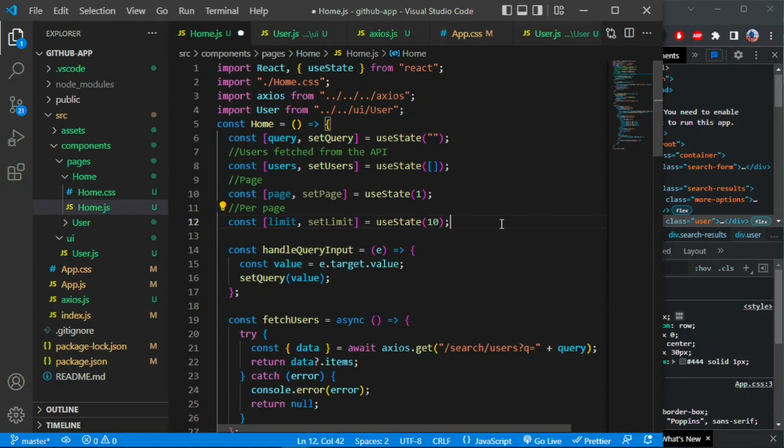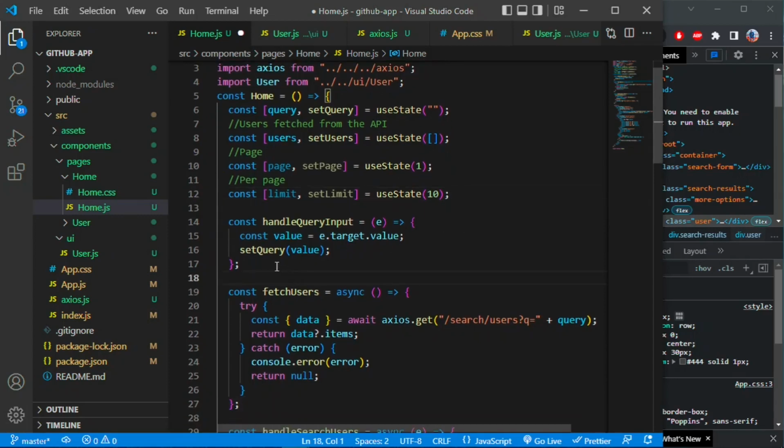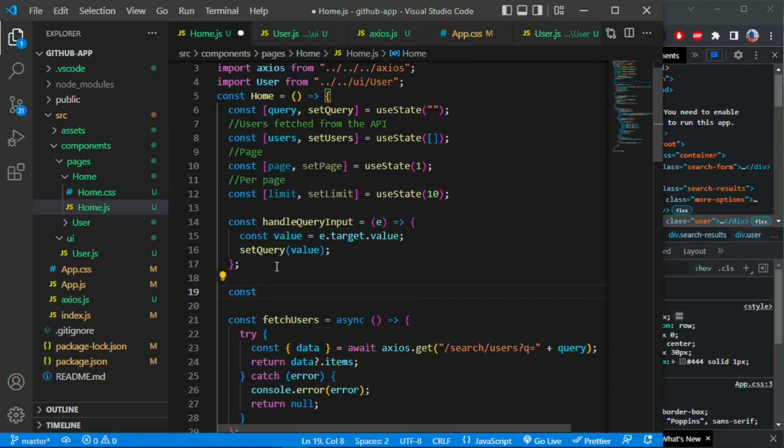For GitHub it's actually 30, but for us we're gonna return 10 for every query unless the user changes it. And then here let's have const handle